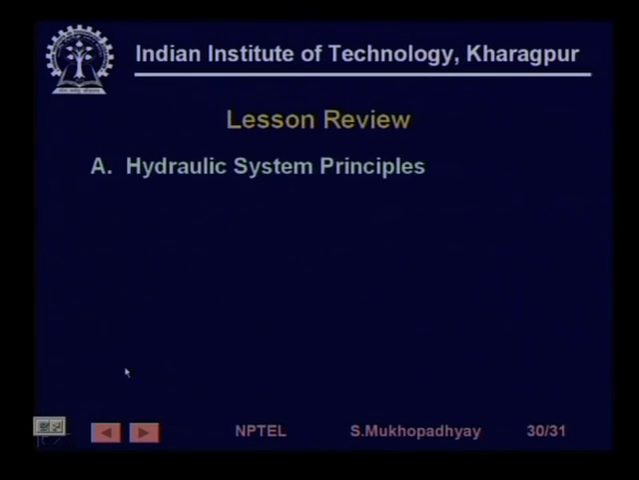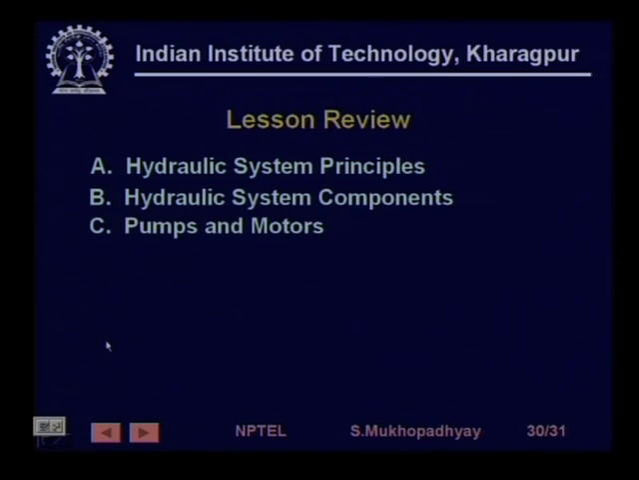So, now let us come to the lesson review. What have we done today? Today we have seen the basic hydraulic system principles, that some pressured fluid is created using a pump, and that pressure is transmitted by taking the fluid through lines and is applied on the load to create various kinds of motion. And we see that it is possible to amplify force, but at the same time energy is conserved. Therefore, the velocity that we can create gets limited by the flow rate that can be delivered by the